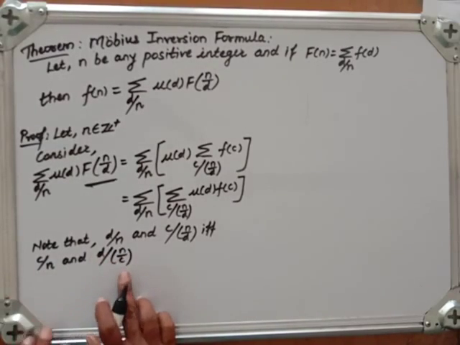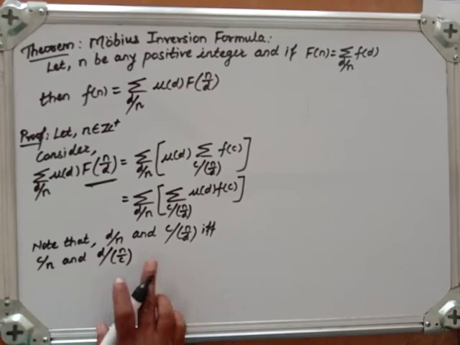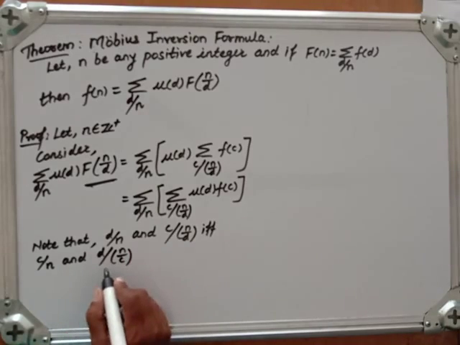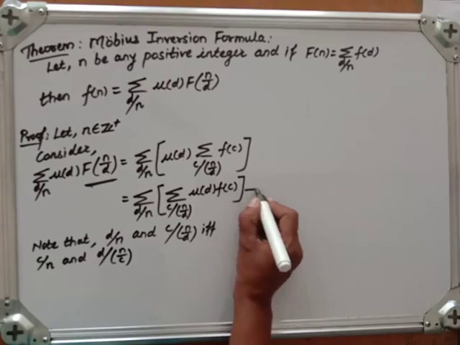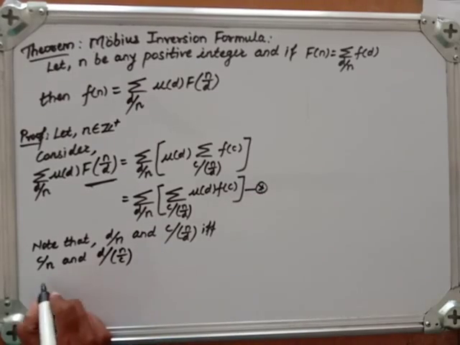This is using the properties of divisibility. We can write this. Let me call it equation star. Therefore star implies